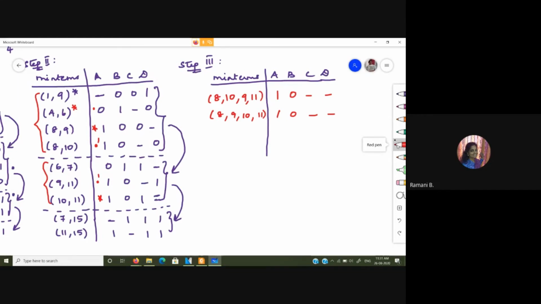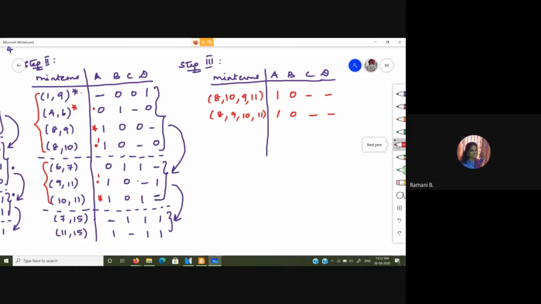So here I am having first position A as dash. So if I am going to check these, anyway, I cannot have a single variable change, because here I have a 0, here I have a 1, here I have a 1, here 1 and a dash. So that is of no use to us. So what we did was, we check with respect to the dash position, and then we check whether any other variable is changing. That is, only one variable should be changing. So if there is no such thing happening, we mention that as an essential prime implicant. So we mark it up somewhere. Okay. It might be the essential prime implicant combination. So I have marked that as a star.